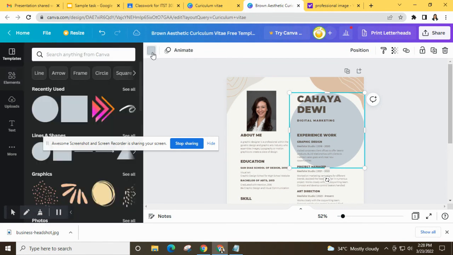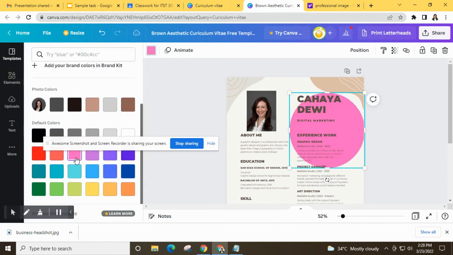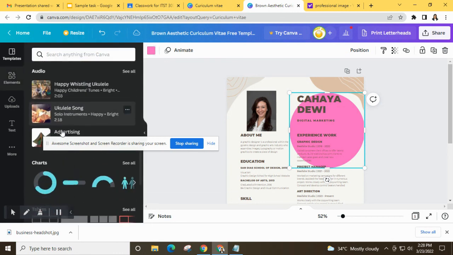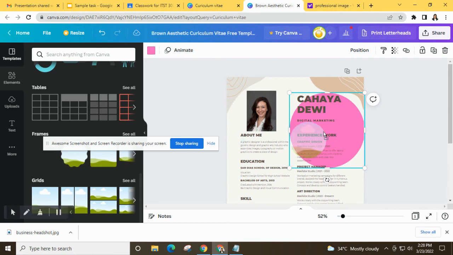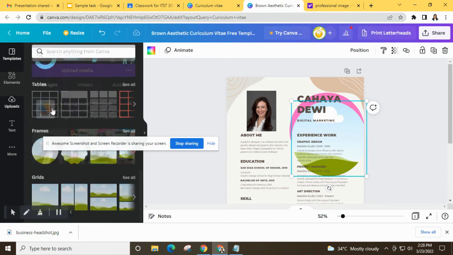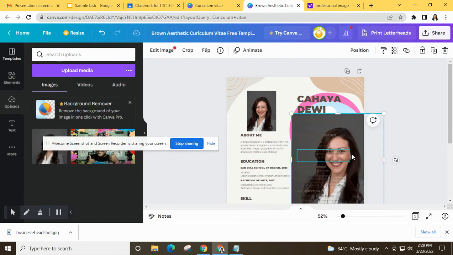This. Let's say, for example, I will change that into pink. There. And then I will put a rounded circle picture on it. I'll put it there. The rounded picture here for the frames, and then go ahead and go back to upload the picture again. Look for the picture and